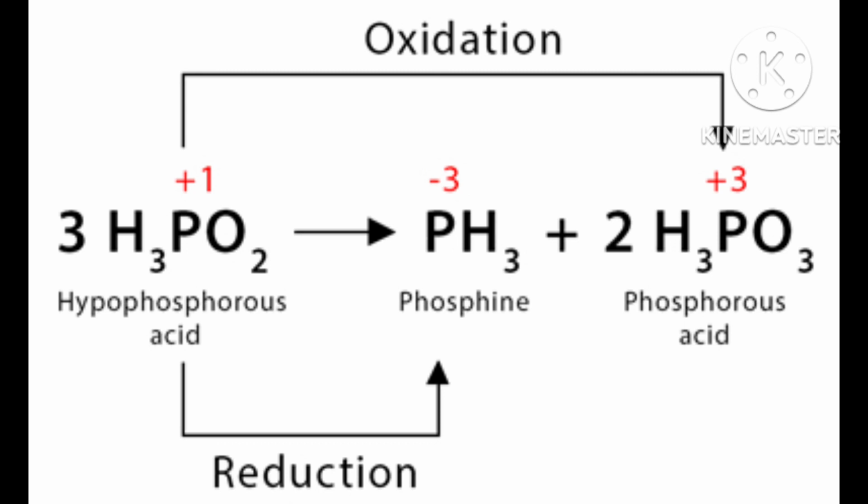Fluorine reacts with alkali and forms fluoride ion. That is 2F2 plus 4OH minus. Fluorine gas has oxidation state 0, you know. It forms fluoride, 4F minus, and it will form OF2